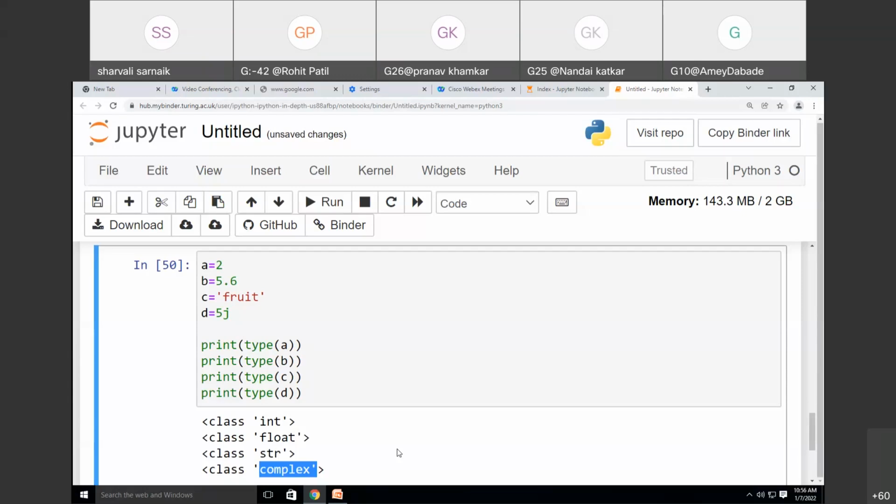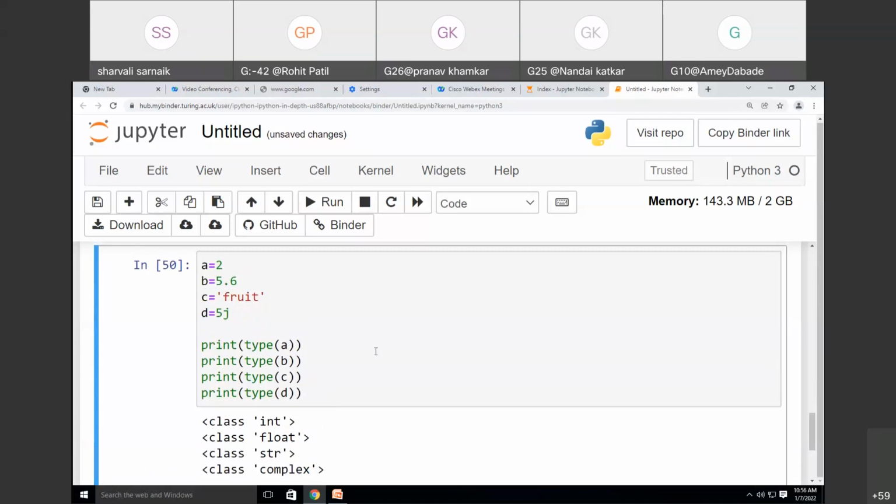So this is how we can find out what type a variable is using, or what type a value has, with the help of this type function. So you just have to write type, and inside the bracket, the variable name. So this is the syntax to find out the type of a variable. Like, that variable is storing which type of data. Okay, it will show you the data type. So these are some basic data types: int, float, string, and complex. Int, float, str, and complex. These are some basic data types.